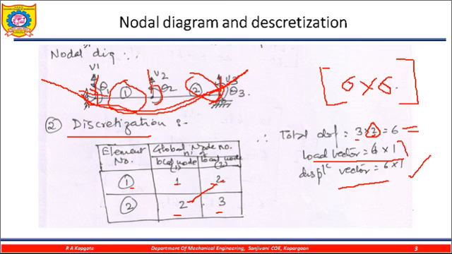Now the boundary conditions we need to apply: at d1y there is a fixed point, so this is equal to 0. At this point there is no deflection, so that is also 0. In the same way, at the last point d3, there is no chance for any type of movement along the y-axis, so this is equal to 0, but there is a chance for the deflection, so this is not equal to 0.